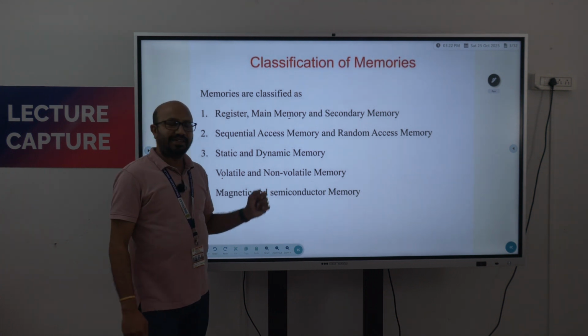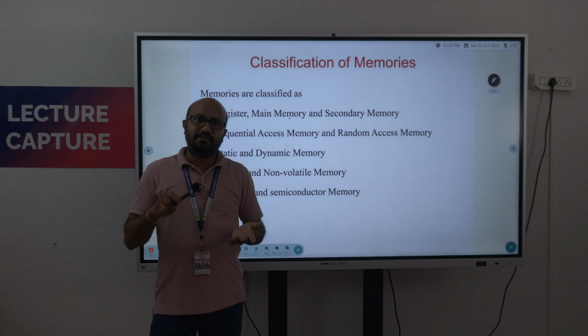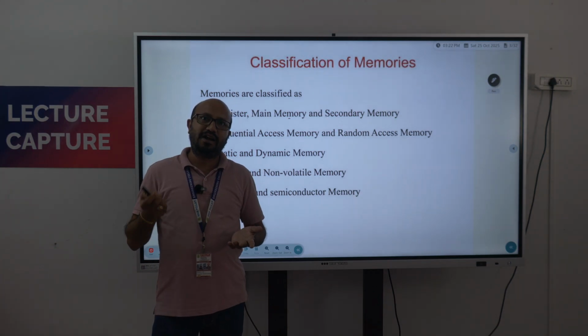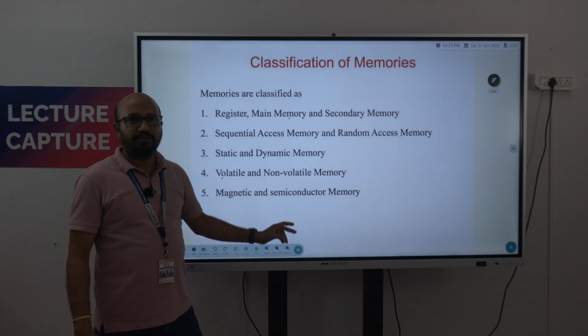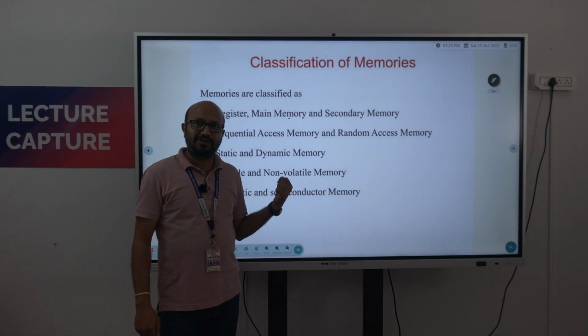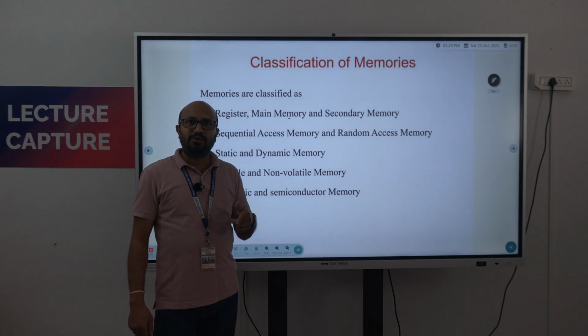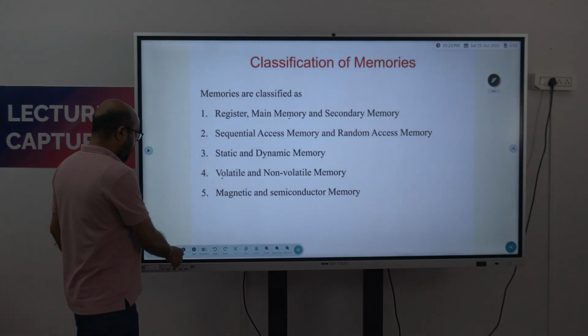The last one is magnetic and semiconducting memory. Magnetic materials are used in the hard disk. That is a magnetic disk, otherwise called the hard disk. We are using it for regular purposes. And semiconductor memory is a chip, chip based memory. This semiconductor memory is used as a memory card. So now we are storing this video in this semiconducting memory. So next thing is,